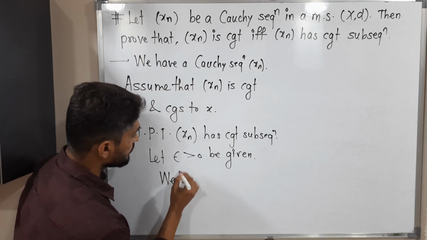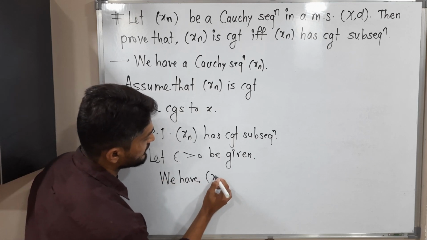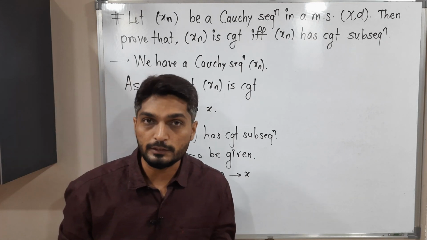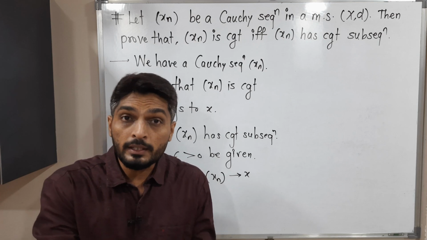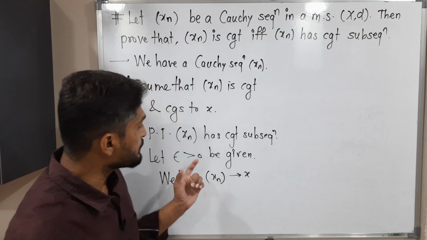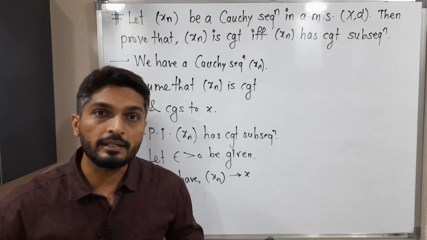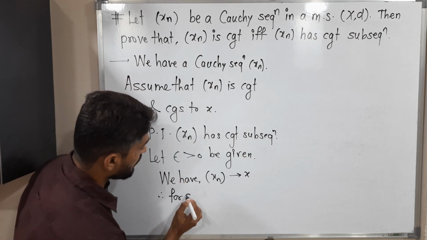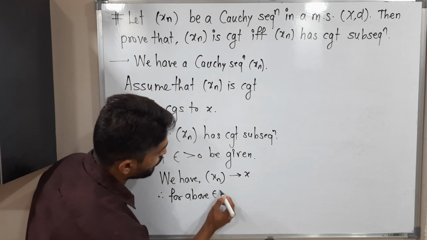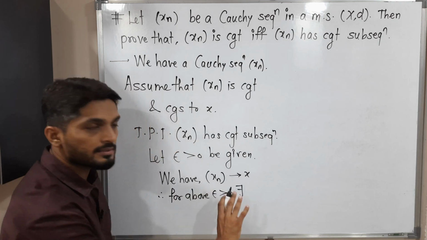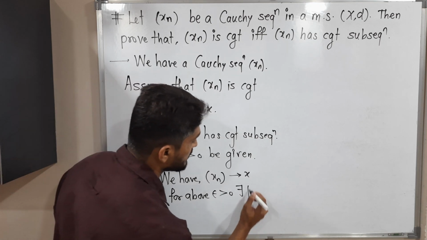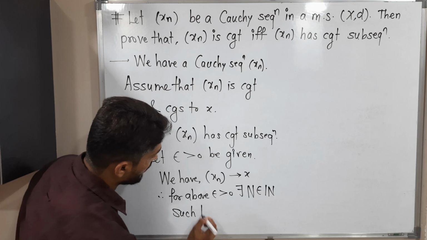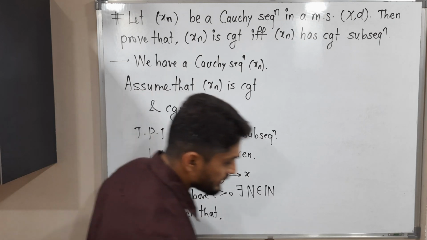We have that the sequence Xn converges to X. I am sure you are familiar with the definition of convergent sequence. What is it? For a given epsilon greater than 0, but epsilon we have already assumed, so let us write for the above epsilon greater than 0. Therefore, for the above epsilon greater than 0, there exists, this is simply the definition of convergent sequence, there exists N belongs to the set of natural numbers such that,